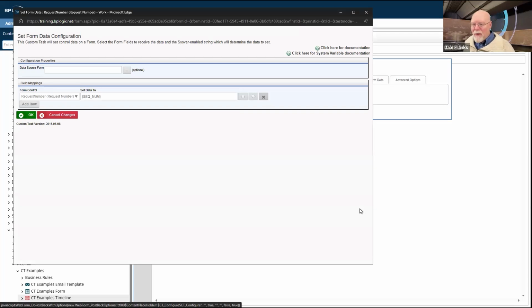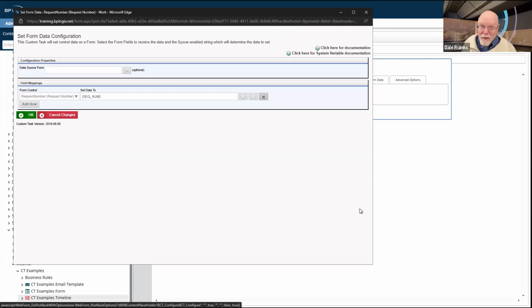So if I set it up so that there is only a running process timeline when this custom task gets called, I know that my sequence number is not going to skip some sequences. Because if I put this on the form, every time somebody opens a form, it's not possible with the form's lifecycle to use a sequence number anywhere on a form that will not ultimately generate a sequence number, even if you don't submit the form.